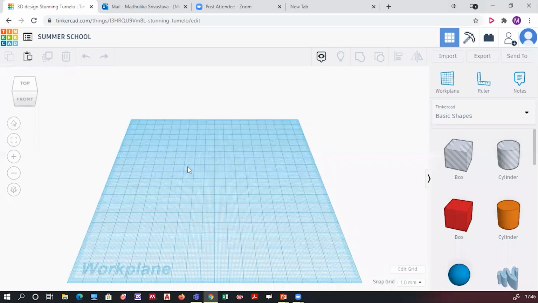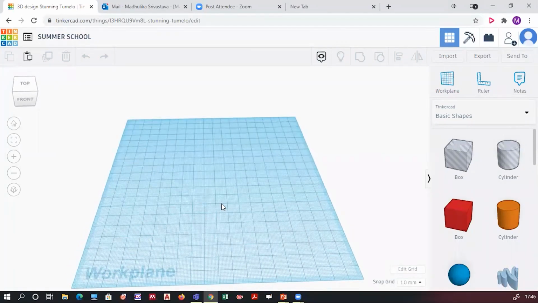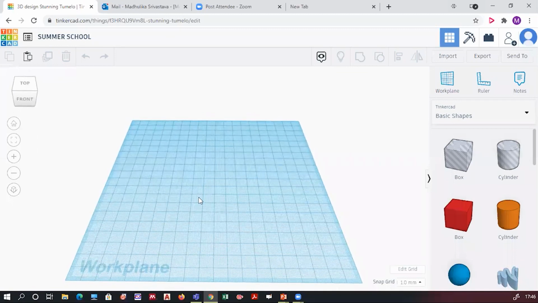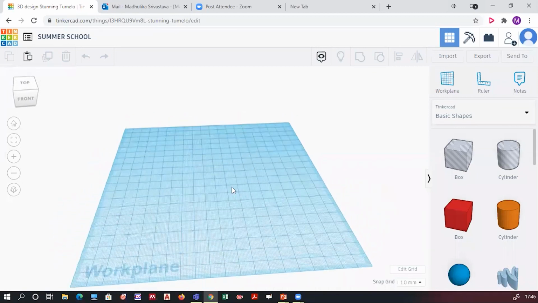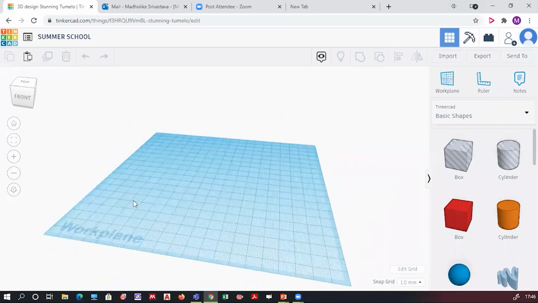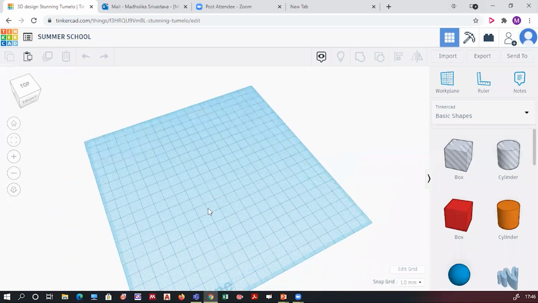Now you can change the perspective of this work plane. How? If you are using your keypad, you can right click, and by clicking right only, you can easily rotate your work plane in any direction you want.